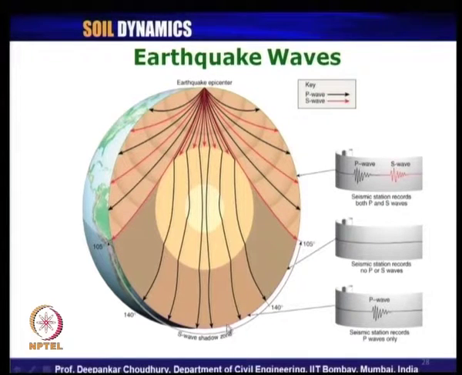Whereas, if some seismic recording stations are located in this zone, they will record only the P wave. Also, it is a shadow zone for the S wave. So, no S wave will be recorded; they will record only the P wave in their seismogram. So, this clearly shows how the record of P wave and S wave can take place worldwide for an earthquake occurring at a particular place.